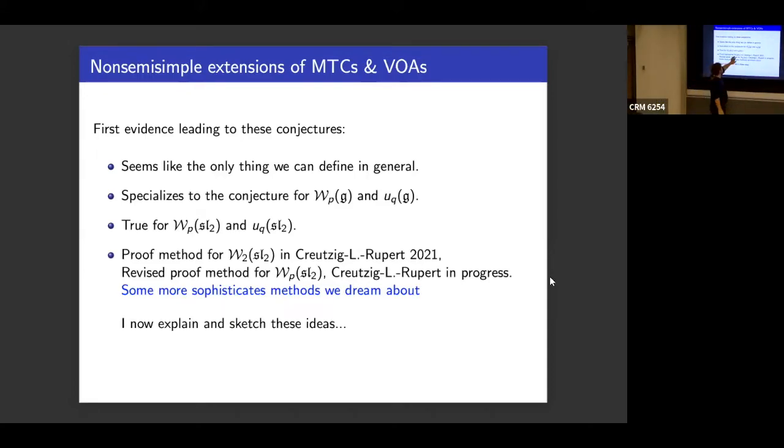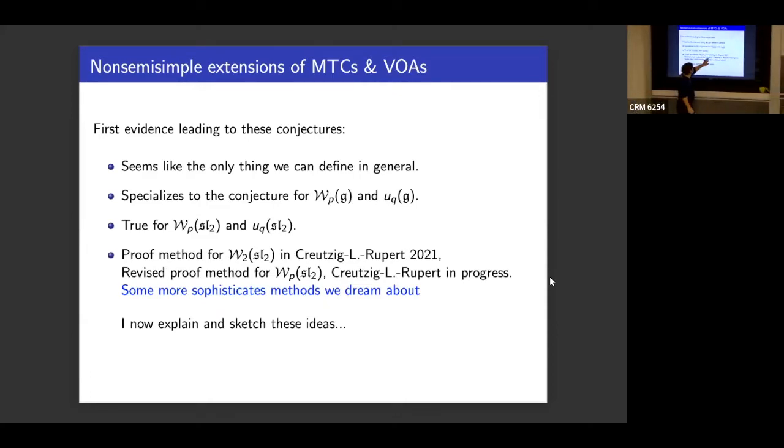I told you that we have proven this tensor equivalence in this paper, and we are now working on a revised version that can take care of P also, but now with methods that I think are more general. And I will tell you a little bit about these methods. I will not tell you the original proof, I tell you the revised proof. It's very similar, but here we have some shortcuts because we didn't know some stuff. So I will tell you how I think one should do it now in hindsight. We could rewrite the paper now in hindsight, but we don't.